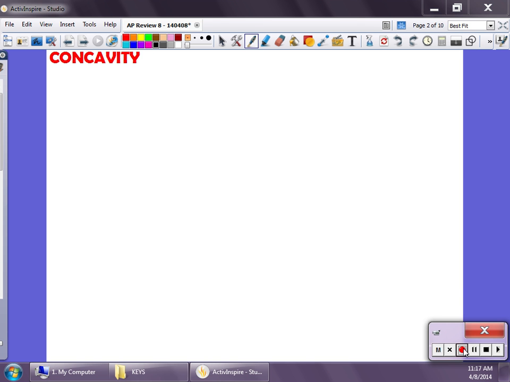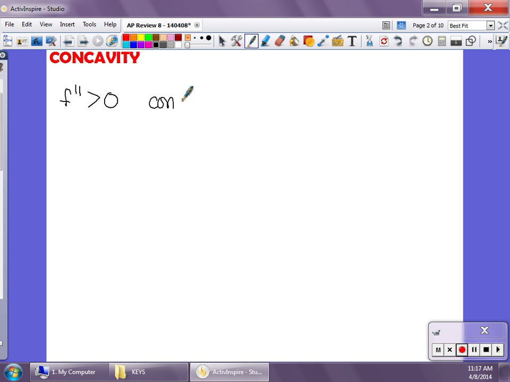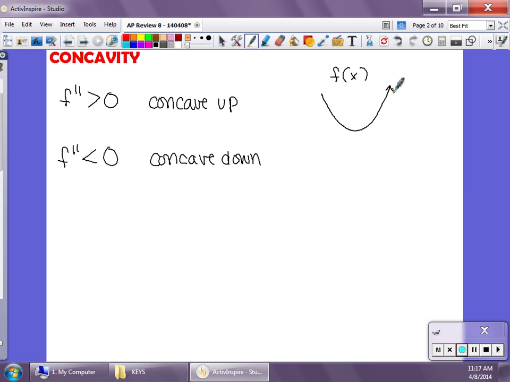All right, concavity. The definition of concavity is your second derivative. So if your second derivative is positive, then we know that the function is concave up. If the second derivative is less than 0, we know the function is concave down. And then we talk about what that makes the graph look like. If I want to make a graph of f of x, concave up would be if the graph itself is physically smiling. And concave down for the graph of f of x would be if the graph is